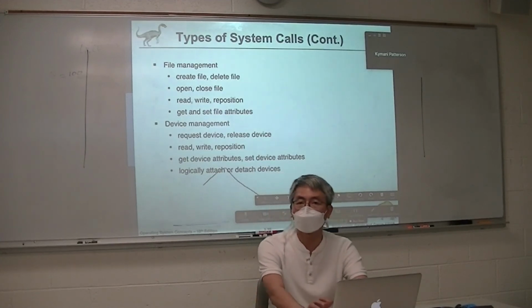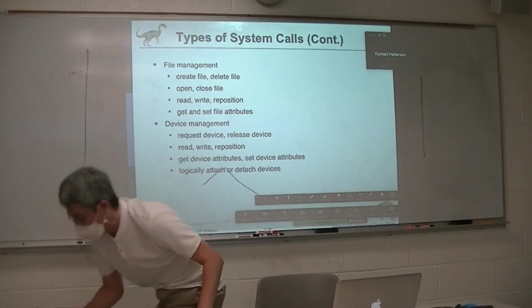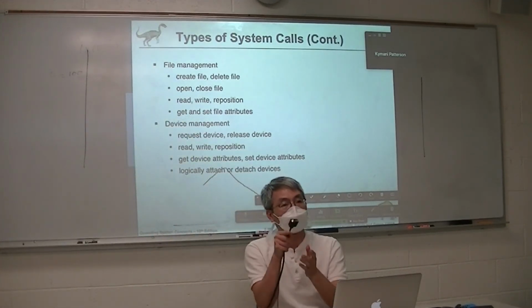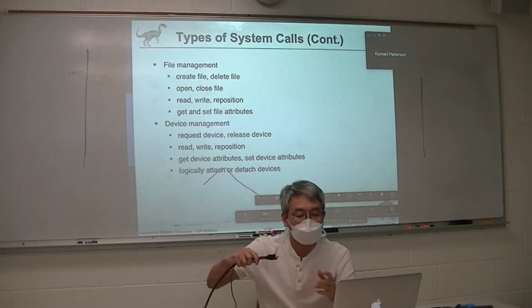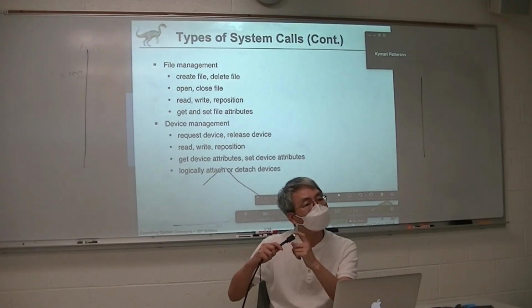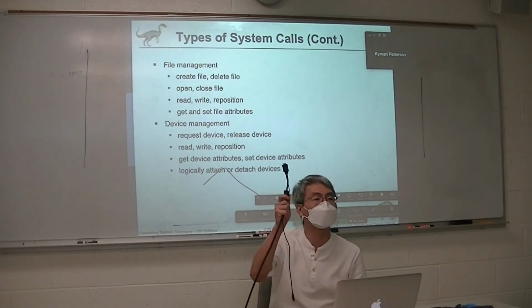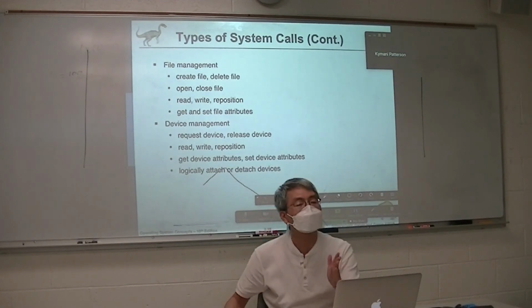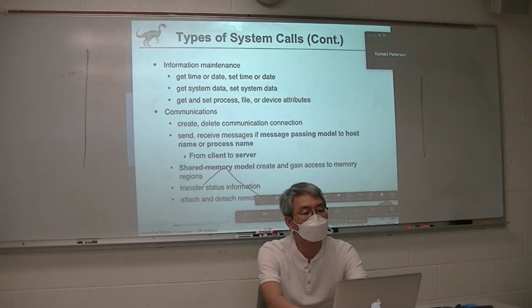Okay, how can you find such I/O control? So for example, this is a VGA 19 pin. Each pin is assigned for a specific purpose. So if I connect this one, then you can read the data. From pin number 1, pin number 2, and not all of them are used. Then you can send the data, so you can control. You can make your device program using the system library. So this is another type of system call, and information and communication we will also see later.